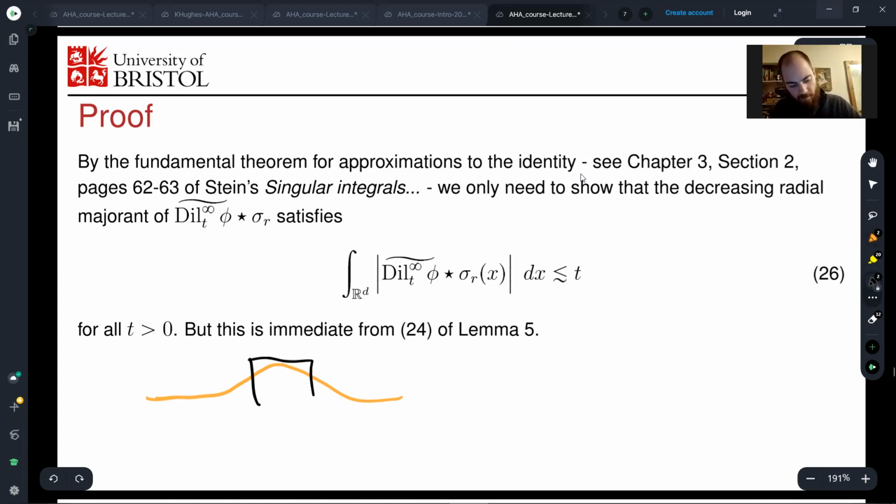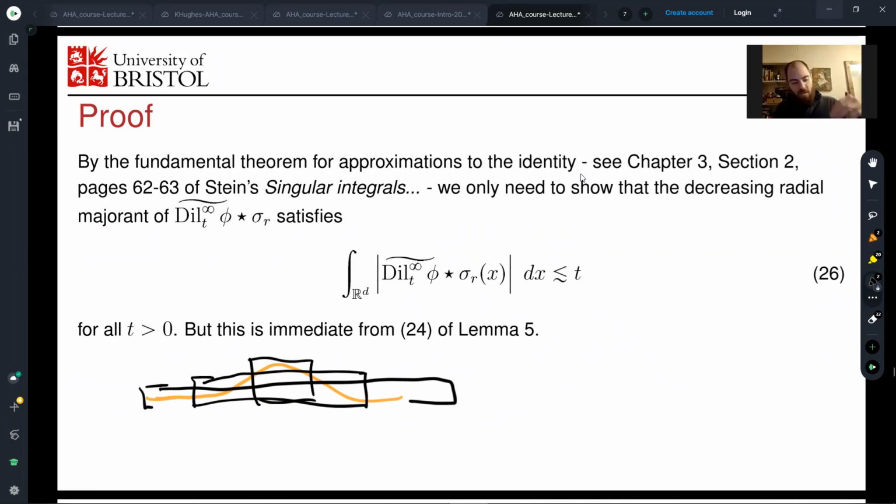I've got some ball average at that scale, then some ball average at twice that scale, and then 4 times that scale, and so on. You can add it up, or dominate it by this sort of geometric series of Hardy-Littlewood averages and sum it up to get something that dominates the